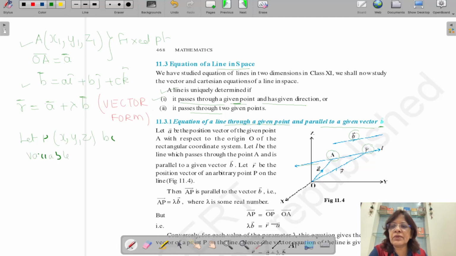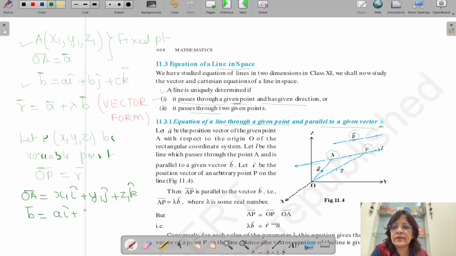Let P be the variable point with position vector R. This point can move along the line, and A is a fixed point with coordinates x1, y1, z1. So now OA can be expressed in terms of components. If we write, it will be x1i plus y1j, this we have done in vectors. And vector B is